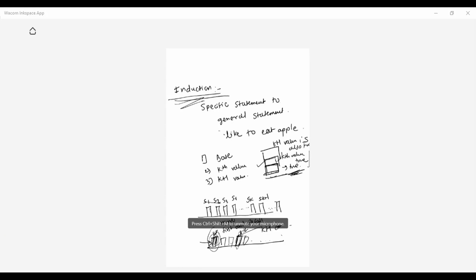I need your acknowledgement, student. Otherwise, I will elaborate on it again. Have you got it? What is mathematical induction, student? Please type yes, no, something. Have you got the concept of mathematical induction? Quickly say something in the chat box. Okay, I'm getting only one answer.